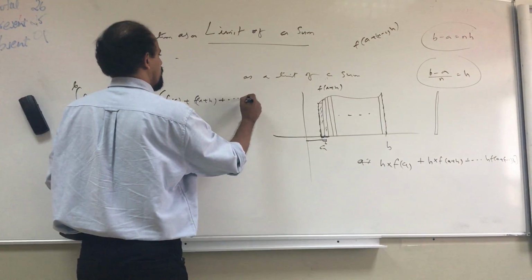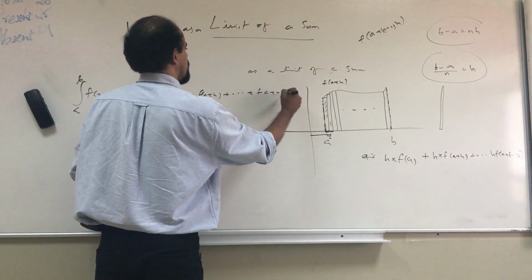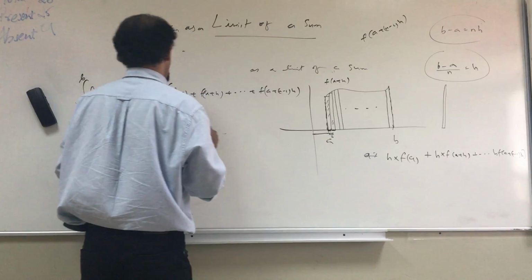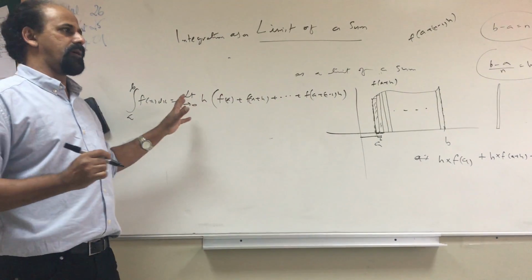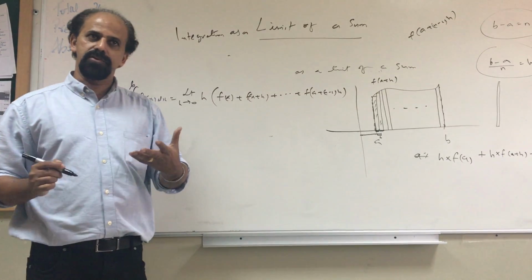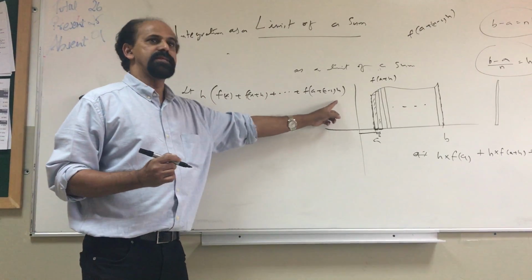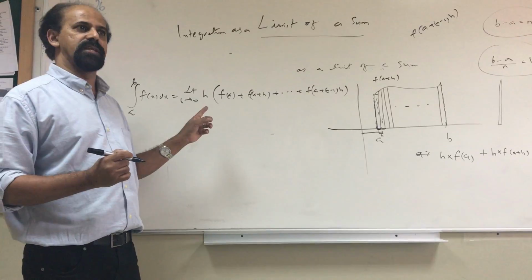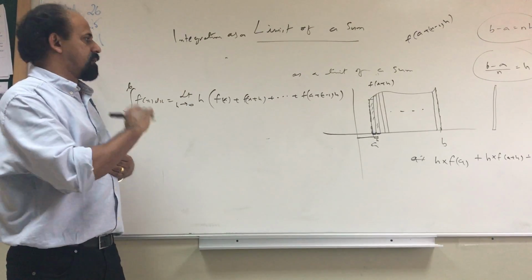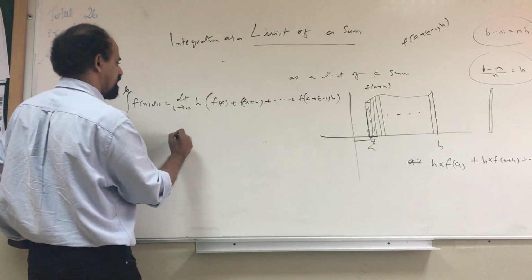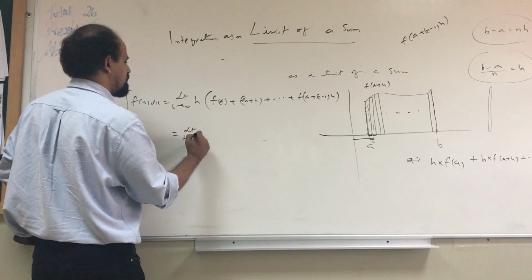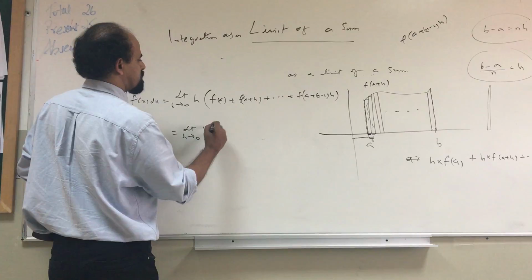Plus etc. f of A plus n minus 1 into h. Now, this is the way you find it, if you're watching a YouTube video or you go through the textbook, you will find this is the way the expansion is. But I'm just, I cannot say innovating, maybe I'm modifying this idea as limit h tending to 0, h into,